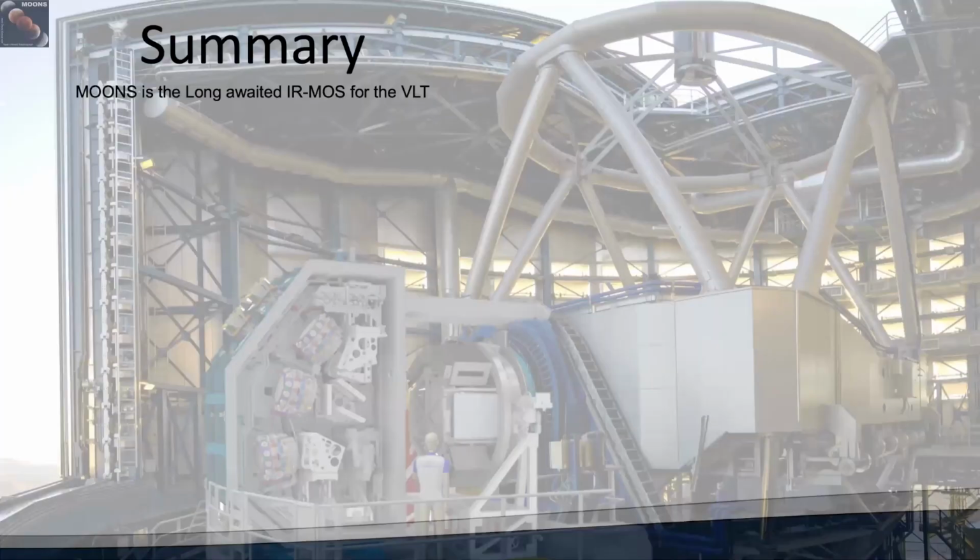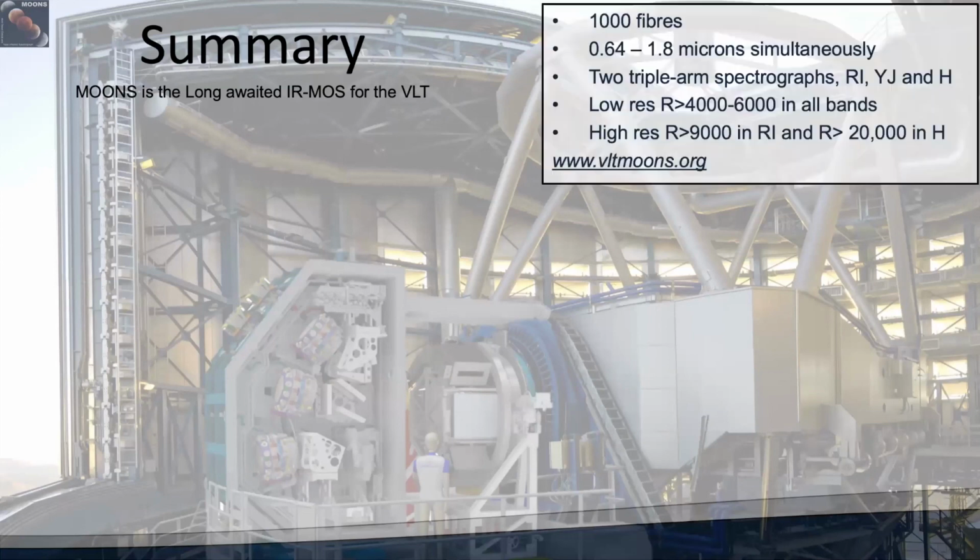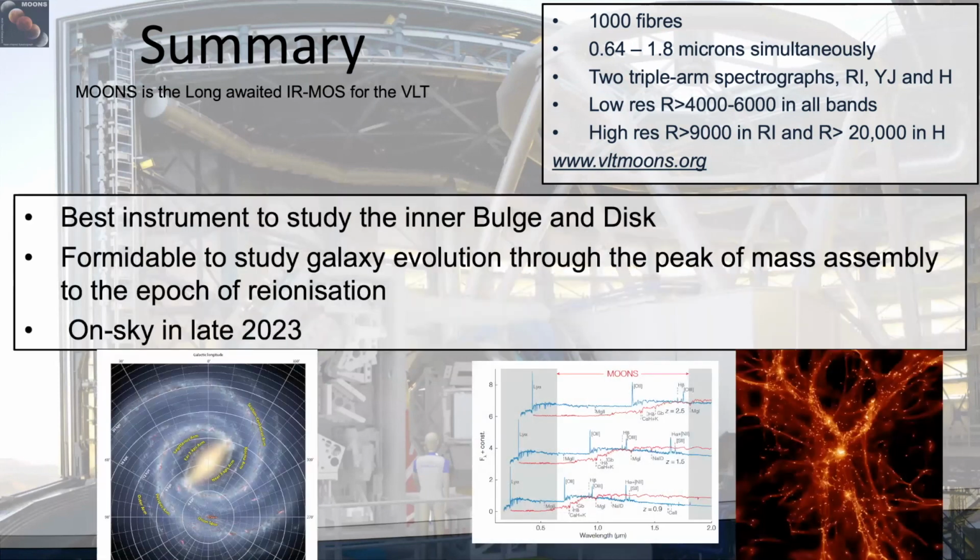So in summary, MOONS is the long-awaited infrared multi-object spectrograph for the VLT. It features 1,000 fibers covering simultaneously from 0.64 to 1.8 microns at a resolution of 4 to 6,000 when you work in the low resolution mode, or up to 20,000 in the H band when you work in the high resolution mode. And it really is the best instrument to work on the obscured regions of the bulge and the disk,